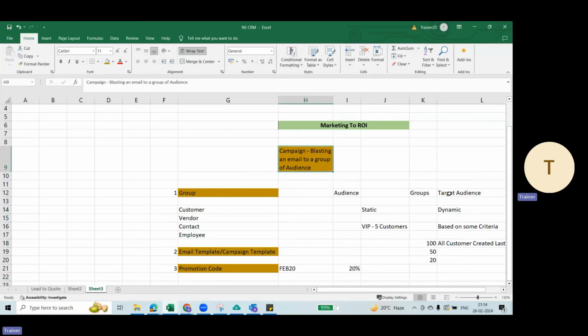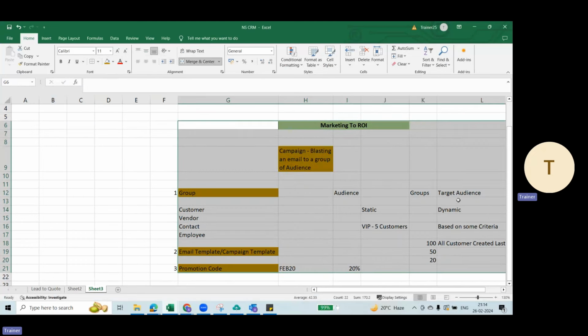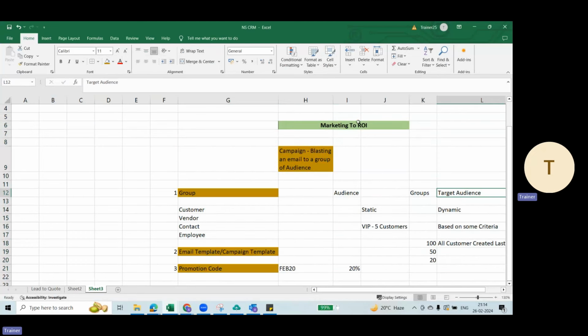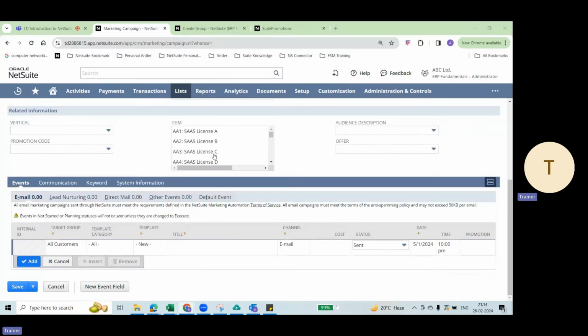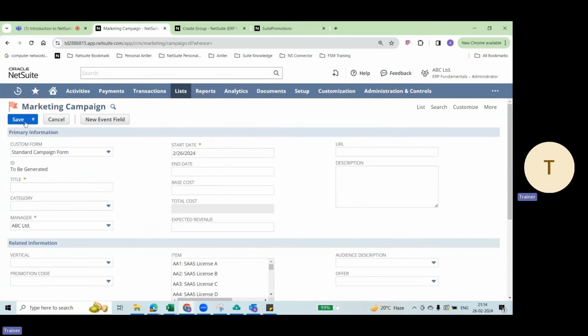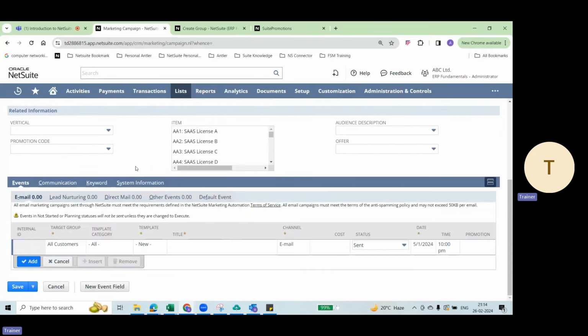Once they receive the order or the invoices, your company will be receiving a payment. If a payment is done based on this particular campaign, then you can say that you have got some return on investment. I will show you in my next session how the return on investment functionality looks like. Once you save the campaign and a campaign is executed, there will be a